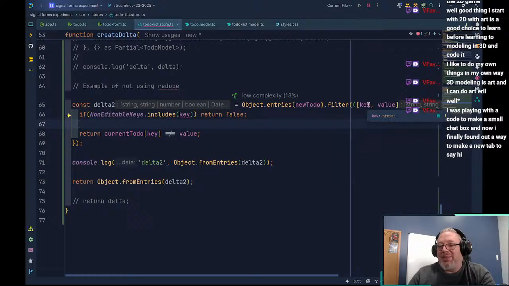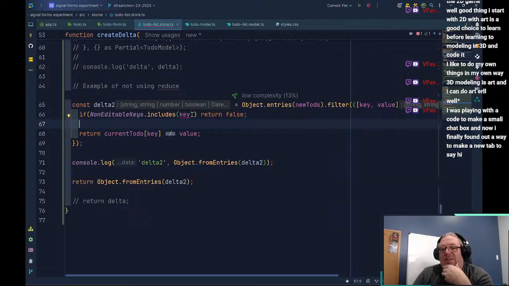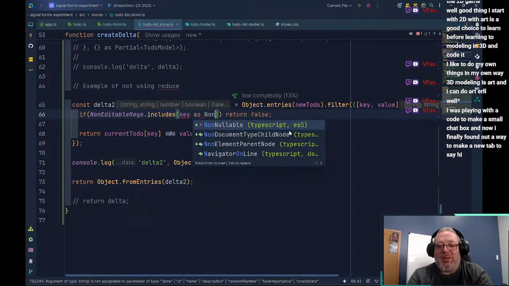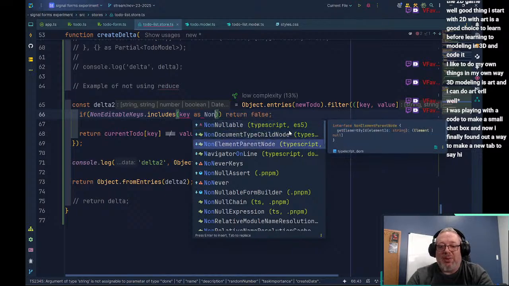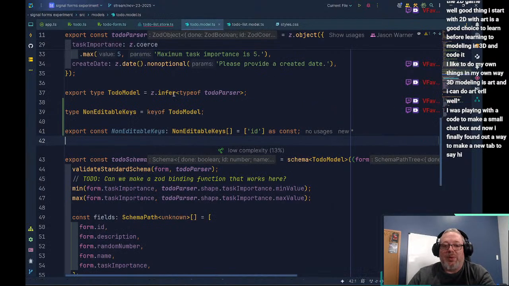Because it's saying key is a string, which is true. So entries comes in as a string. So we're going to have to do as non-editable keys, which means we have to export it from here.